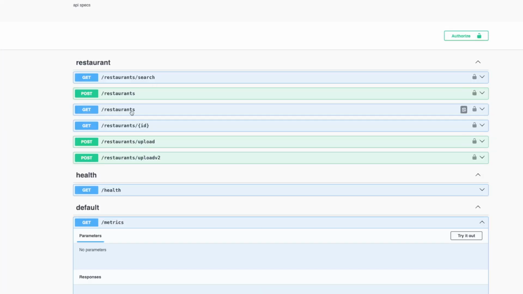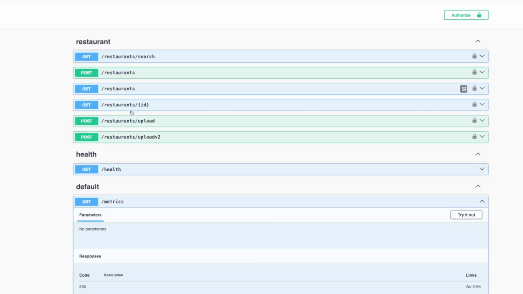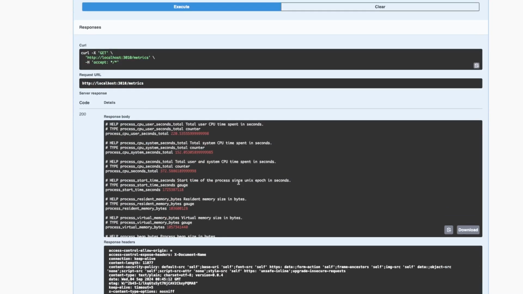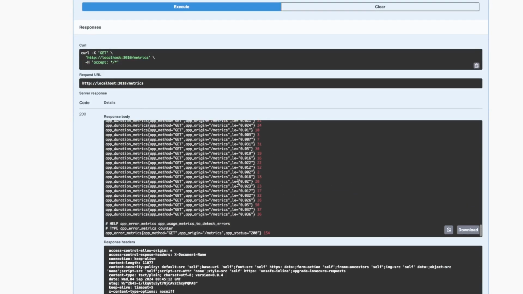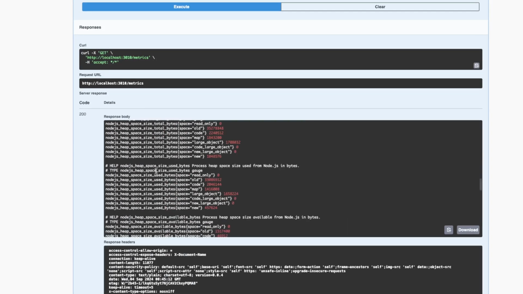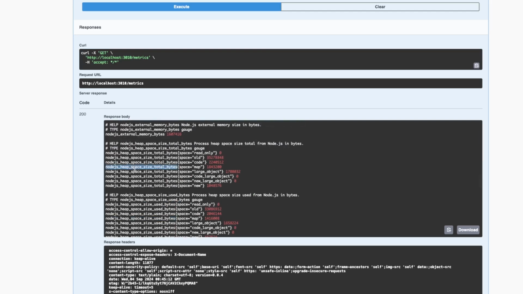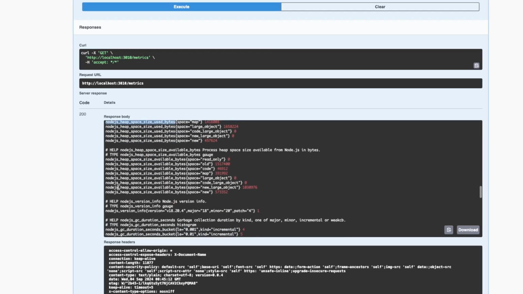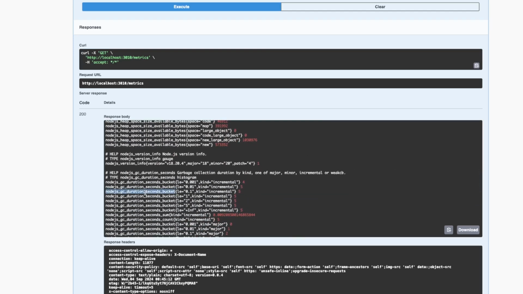And now I will be just doing a couple of things. If I just go and hit this metrics endpoint, it is giving me some analytics, because this metrics endpoint is reading from the persistent store, since I already hit lots of API requests. So it has collected all these metrics: heap space size total, Node.js heap space size used bytes, and then garbage